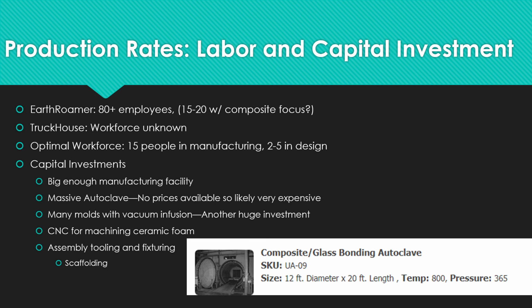With the manufacturing process that I have in mind, I believe an optimal workforce would be 15 people involved in manufacturing operations and 2 to 5 people involved in design operations. There are many capital investments required to produce Overlander campers using this process. First and foremost, a big enough manufacturing facility is needed. In addition, to cure the prepreg carbon